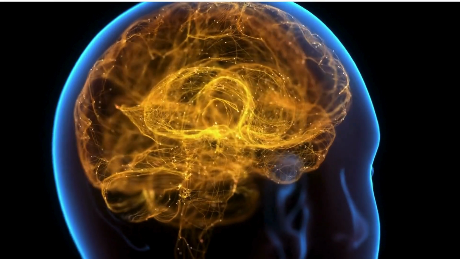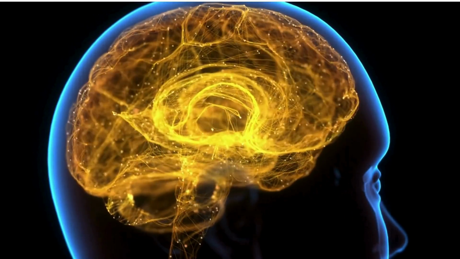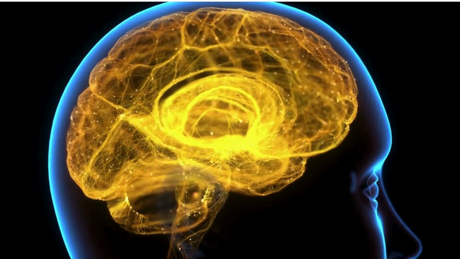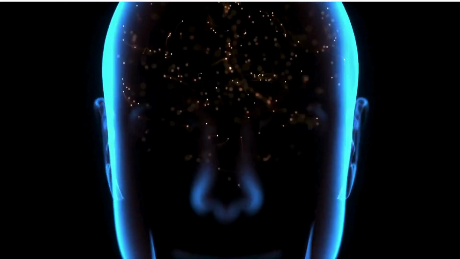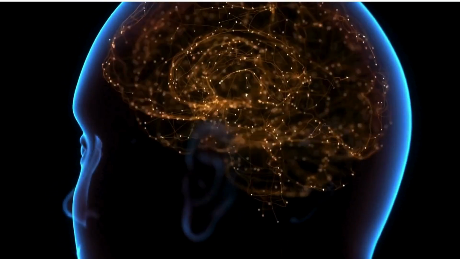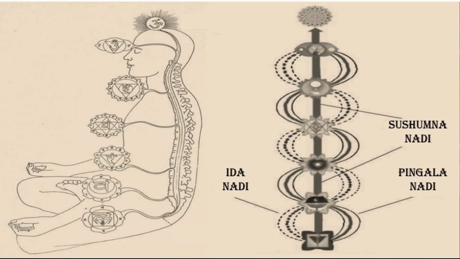Right now, pause for a moment and notice your breath. Is it flowing more through your left nostril or the right nostril? Ancient yogis observed something profound: that our breath doesn't flow equally through both nostrils all the time. It alternates, it polarizes roughly every 90 to 150 minutes, varying based on multiple factors of emotions and activity,